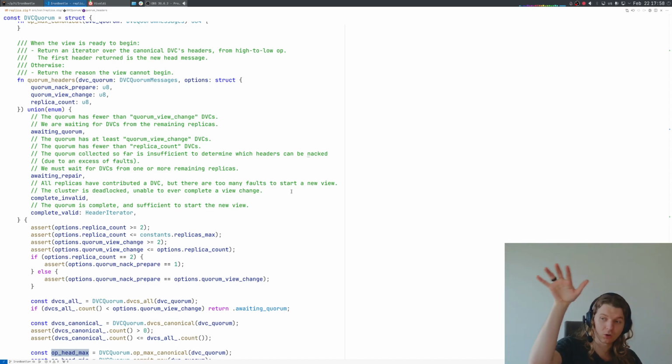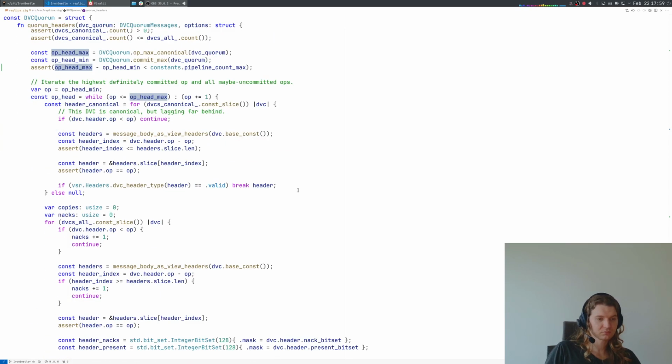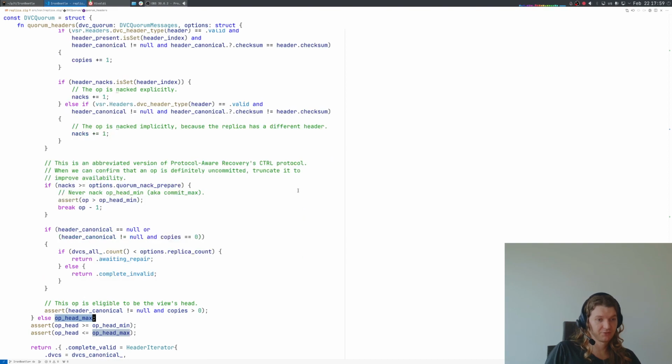We look at all the ops from the canonical log view, and for each op we check whether it can be truncated, whether it has enough negative NACs to guarantee that there wasn't a quorum of prepare OKs. And if that is the case, we then truncate this op from the view and say that actually the previous one is the true head. And I think that